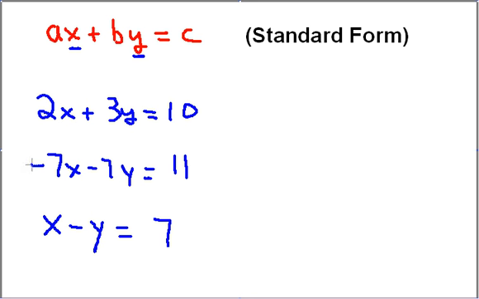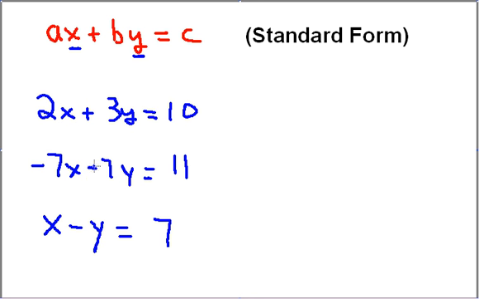Let's take a look at the second equation. Minus 7x minus 7y equals 11. In this equation, what is our a value, our constant? Well, it's a negative 7. That's what's being multiplied by the x. What's the b value? Well,